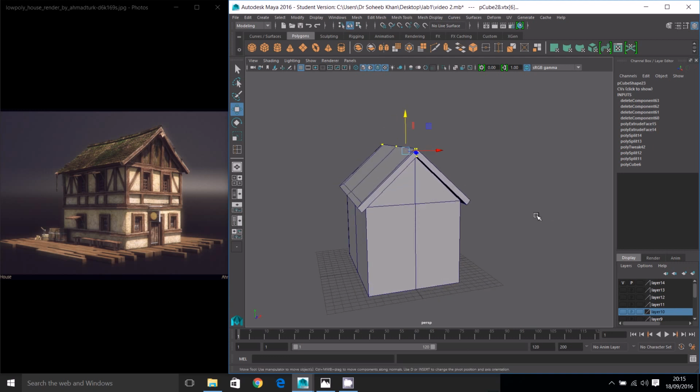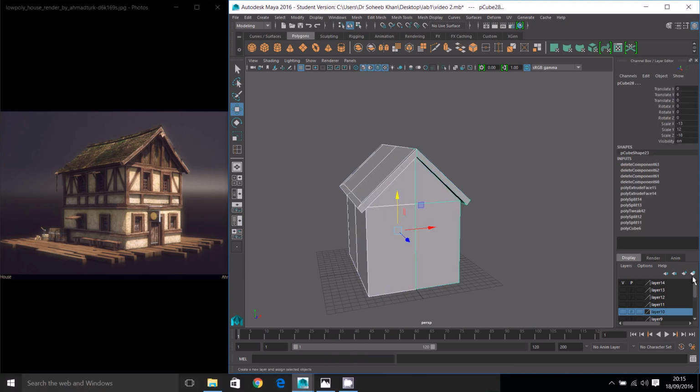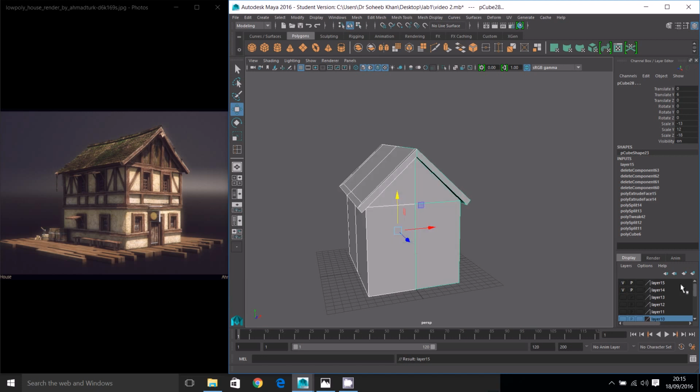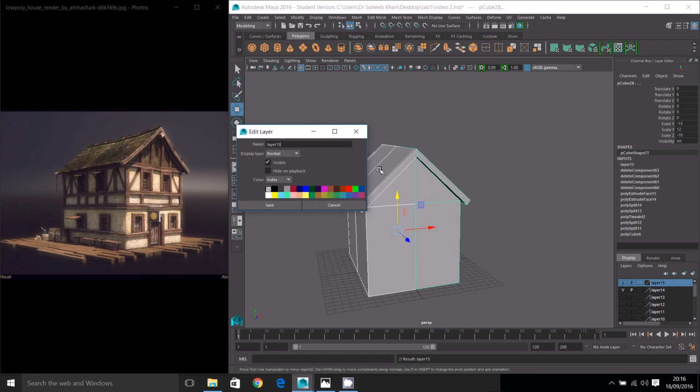new ones. If you select everything here, you can stick it into a new layer. If I select that one, I can now hit this on and off button. This toggle lets you turn on and off anything that's on your screen. If I double click on that one, I can change the name. So I'm going to